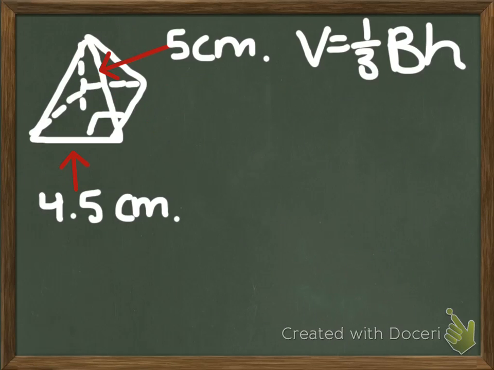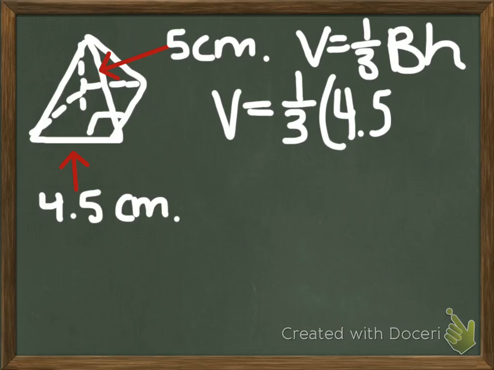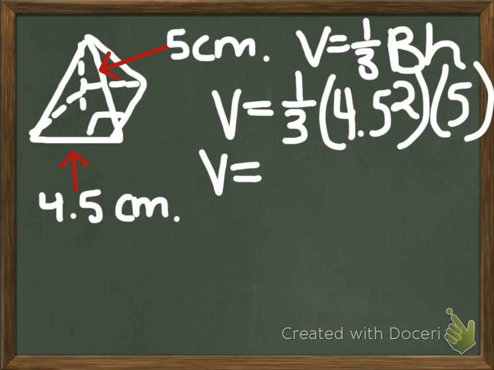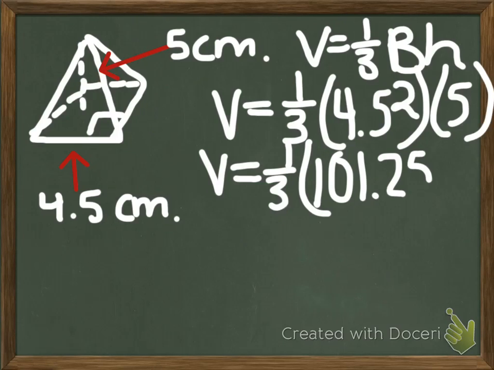Okay. So for our next example, it is another square pyramid. And for this one, it also has a right angle, so you just have to square the base. So volume equals 1/3 times the base, which is 4.5 squared, times the height, which is 5. So the volume equals 1/3 times 4.5 times 4.5, which is 101.25, times 5. And that would equal